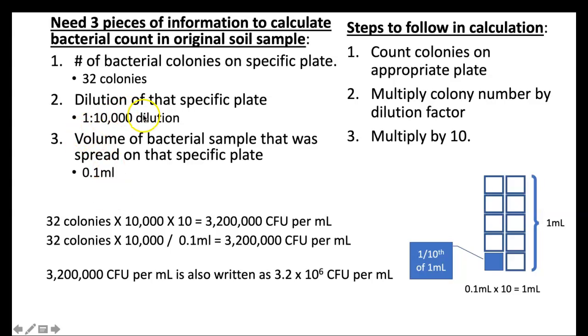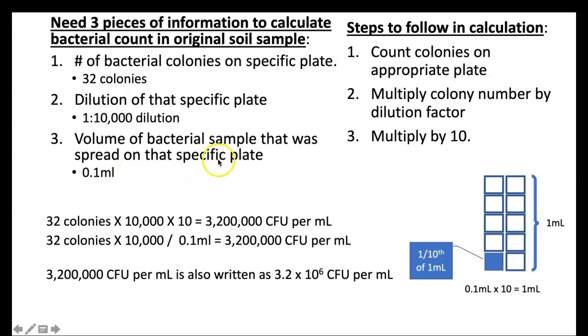So that's our dilution factor for that specific plate that we counted that has 32 colonies on it. And then also how much volume of bacteria was actually put onto the plate. Now this can vary because you guys have those 2 ml pipettes, so we could have just as easily put, instead of 0.1 milliliter and spread around, we could have put 1 ml, we could have put 2 ml, we could have put 1.5 ml. And so we need to know the actual volume that we put on the plate. And so the volume that we spread on that specific plate was 0.1 milliliter, or